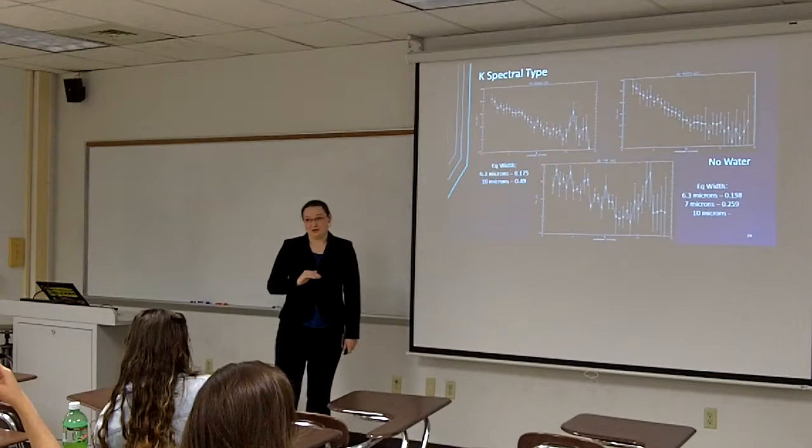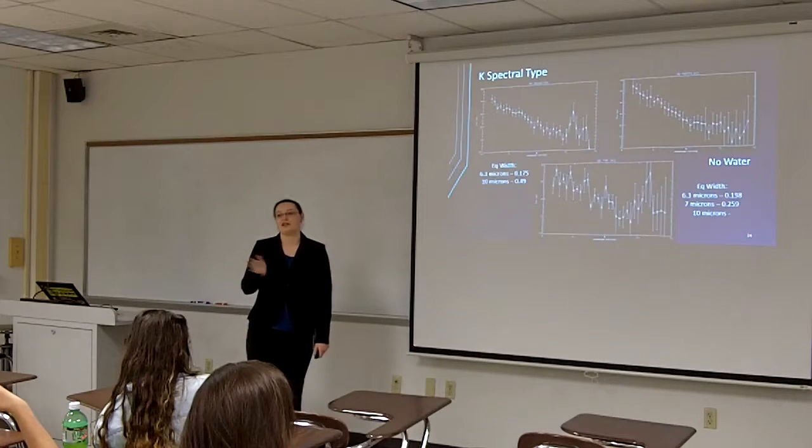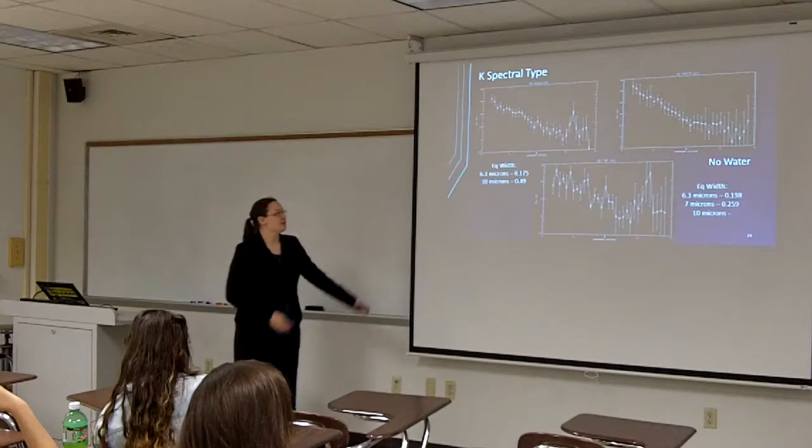So this is what the K spectral types look like that I could find. Basically, I'm just going to run through each type and tell you what things I noticed, what things I didn't notice. So for this one,